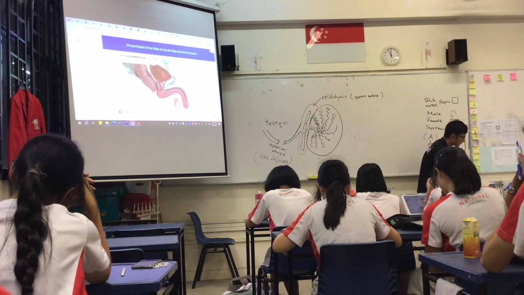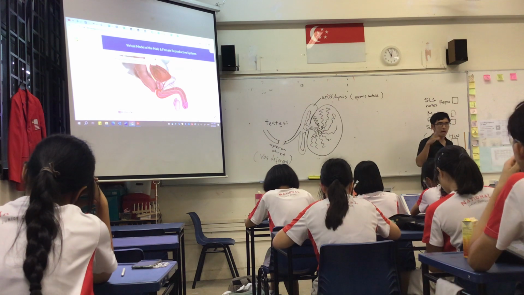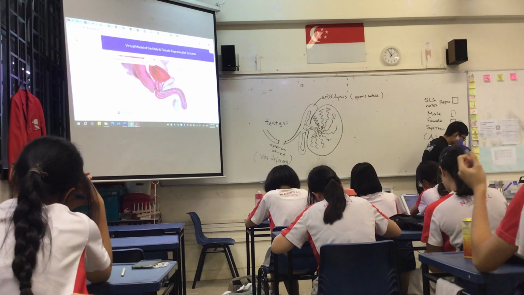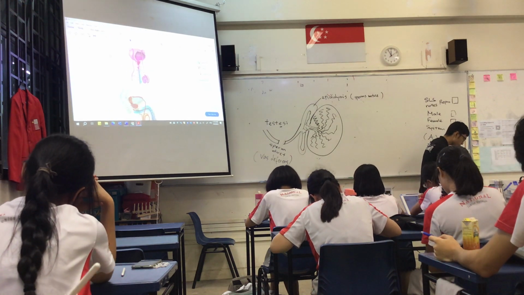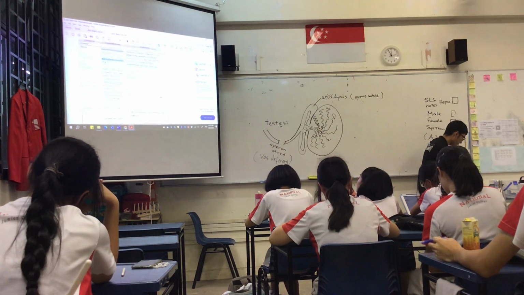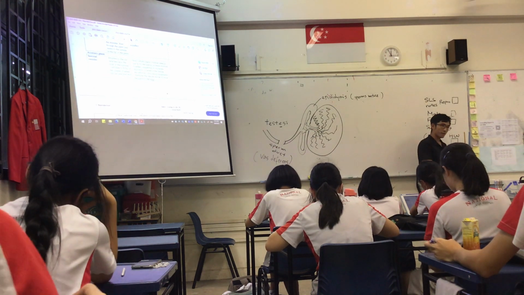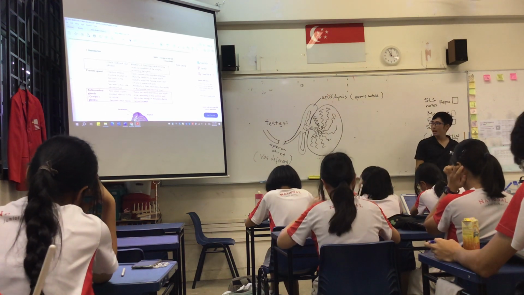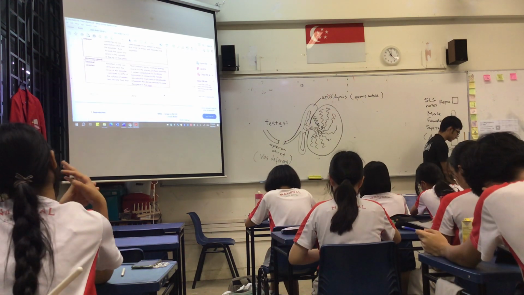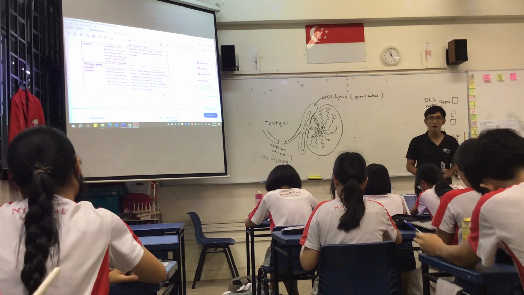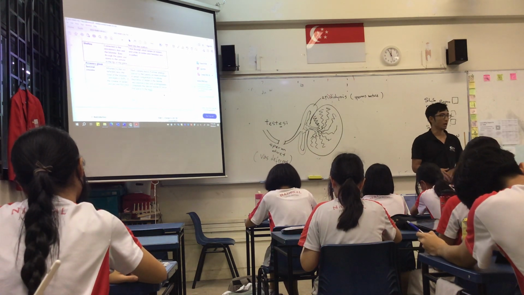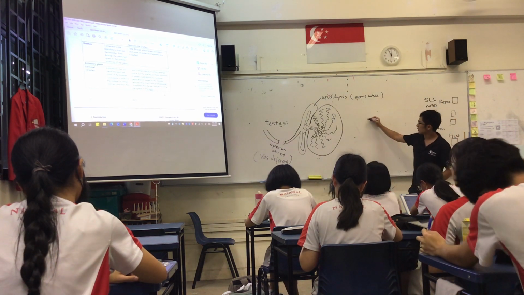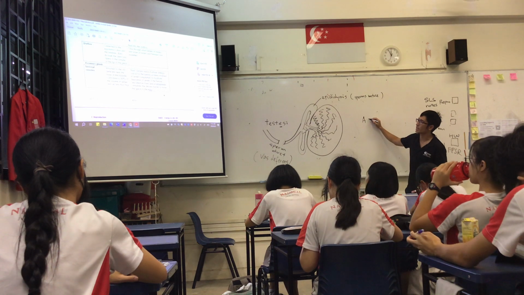Once that is done, then we can start talking about other accessory glands that are attached along the way. You'll find in your textbook some of these glands introduced to you. For example, if you scroll down, seminal vesicles, prostate gland, Cowper's gland. I do not need you to memorize what each gland produces. No value to memorize. Instead, can you summarize to know that when we look at accessory glands,